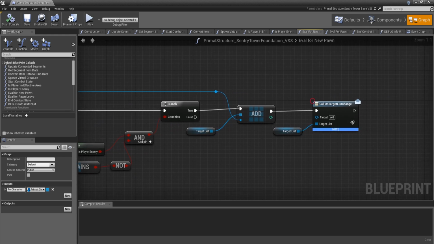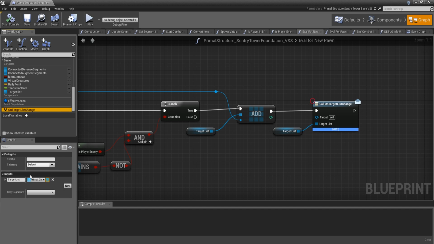And then, oh yeah, I was wrong. There was one other variable that we've added. I made an event dispatcher all the way down here called onTargetListChange. It has one input, which is an array of primal character called target list.